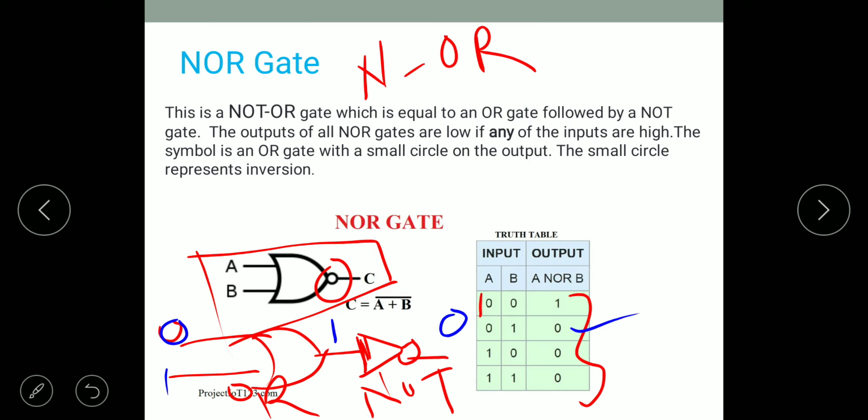So second, it shows the 0. Again we change the inputs, that is 1 and 0. That is the third combination. Then 1 plus 0 is 1. Okay, and inversion of 1 is 0. Then next, the last combination is 1 and 1. 1 plus 1 is 1 for the OR gate, and if we pass that 1 through the NOT gate, then we will get the output as a 0. So this is nothing but the truth table for the NOR gate.